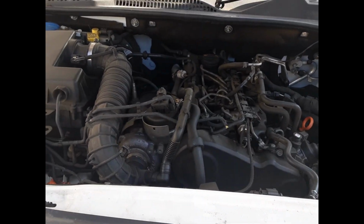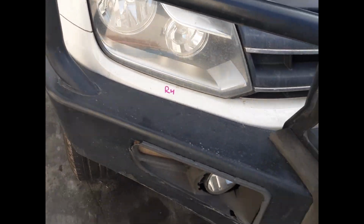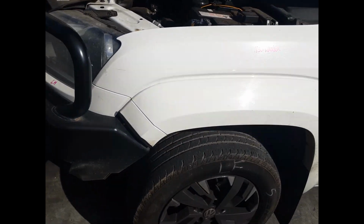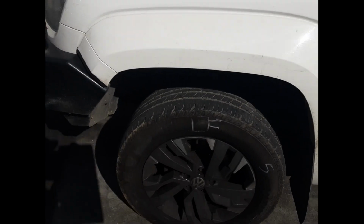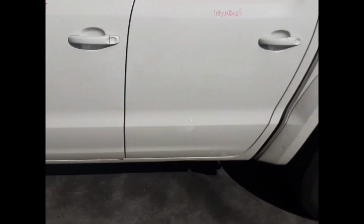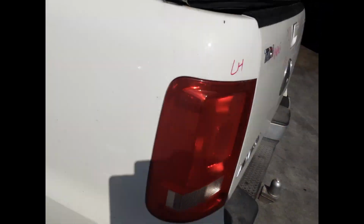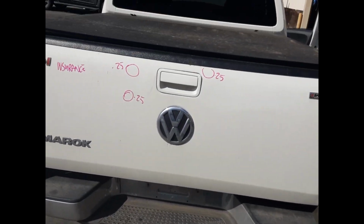CDCA 2-litre 4-cylinder turbo diesel engine. We have the right-hand headlight, left-hand headlight. Left guard appears to have no damage, left power door mirror, bonnet appears to have no damage, left front 18-inch factory alloy mag with a good tyre, both left-hand doors appear to have no damage, left rear 18-inch factory alloy mag with a good tyre, left-hand taillight, tidy rear bumper bar, tailgate has only 3 small dents, factory fitted tow